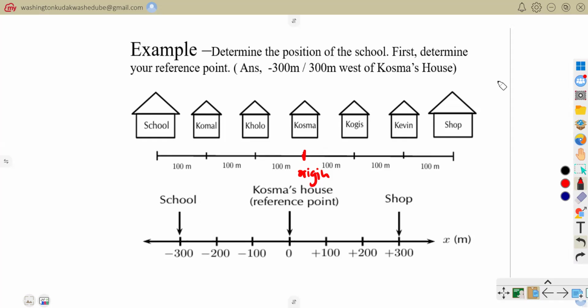We can either use up, down, right or left, or simply use the compass, which is the easiest thing to use, which says north, east, south, and